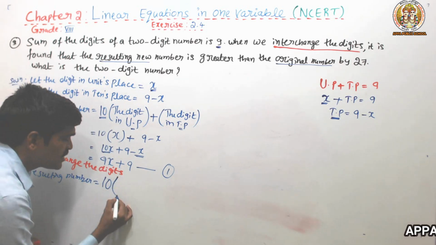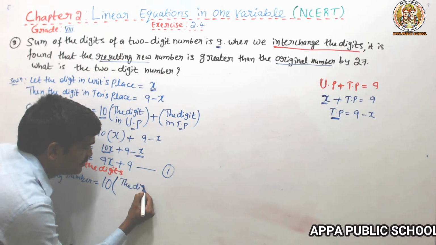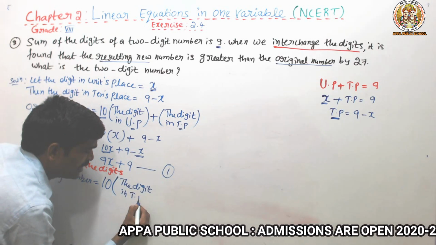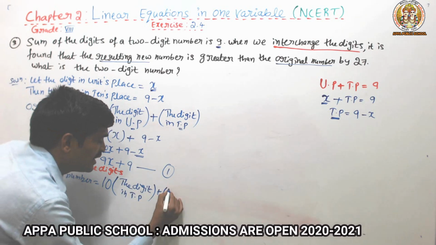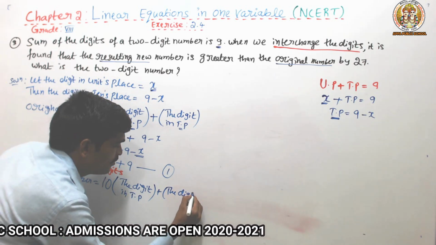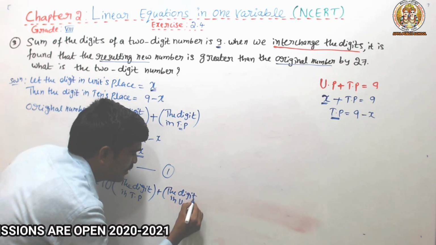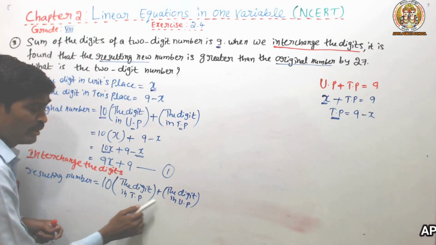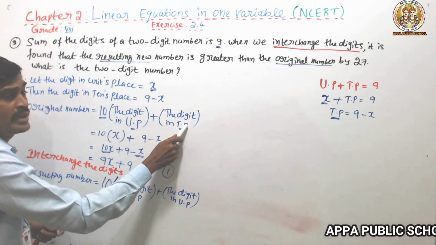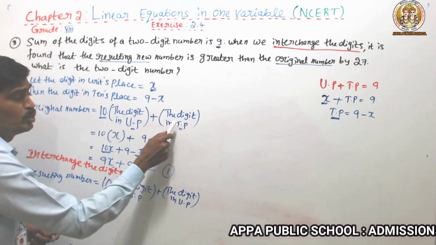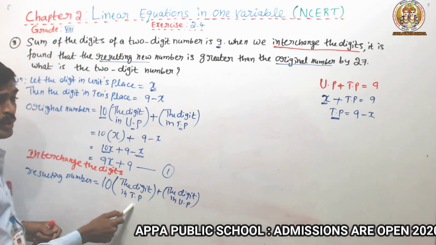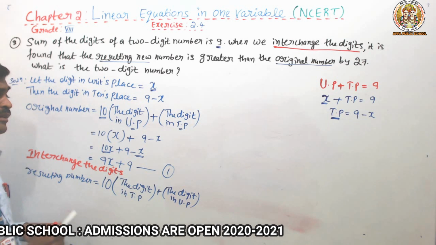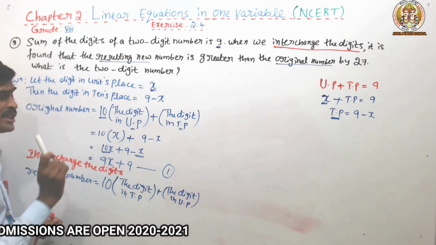Now, my dear students, now you can write the digit in TP instead of UP. We have to interchange. TP will give, keep as it is here, now plus the digit in UP. And also my dear students, it is not compulsory. We can write TP only first, then UP. You can take first TP, then UP can write. Those you writing TP here, UP here, you can change the order here, no problem. Or you can take UP, TP first, then TP, UP keep as it is. Understood? Wherever you can write, no problem here.